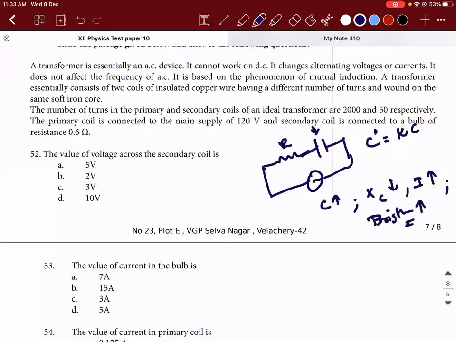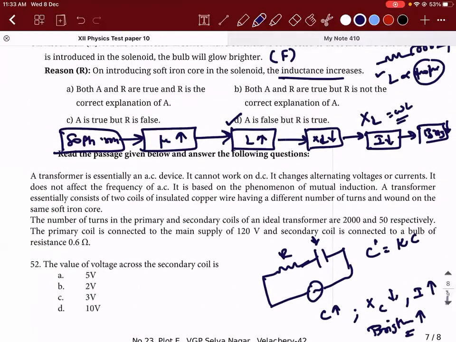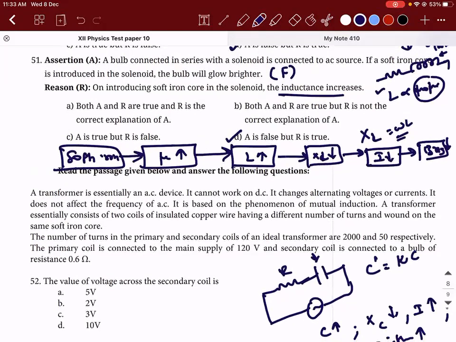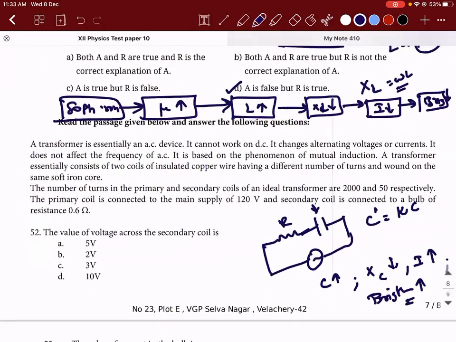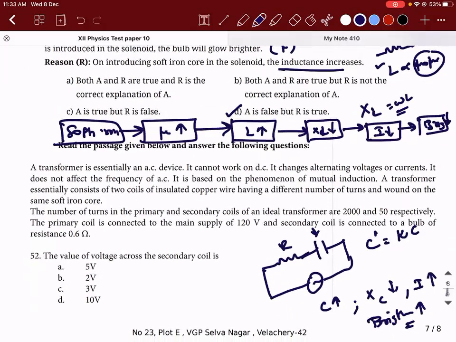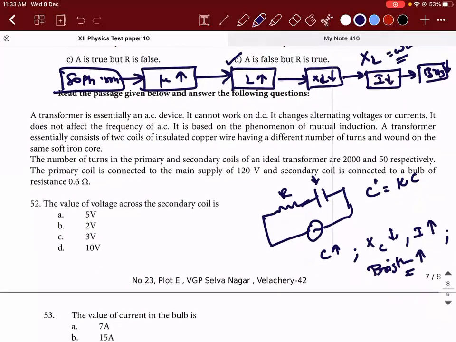When current increases, brightness increases. Had the same question been, instead of a soft iron core, a dielectric, and instead of a solenoid, a capacitor, the option that they gave is right. A would have been right, but B would have been wrong, because capacitance also increases. Correct. I hope you're able to understand it. You can manage it if this is asked. Generally, I've never seen a question with a capacitor, but since you asked, I explained it. But you can think, right, if it comes in exam. Yes, sir. Yeah, that is enough for me.